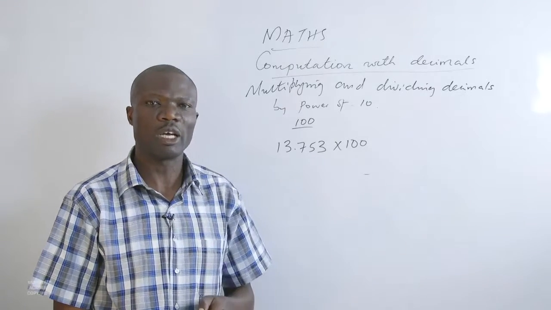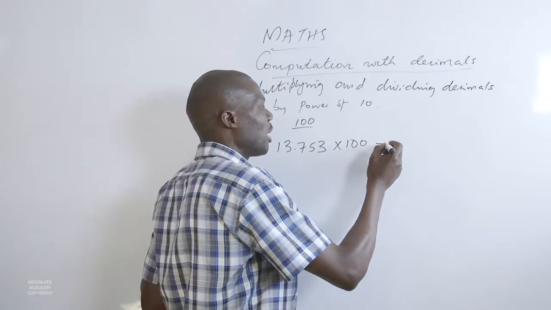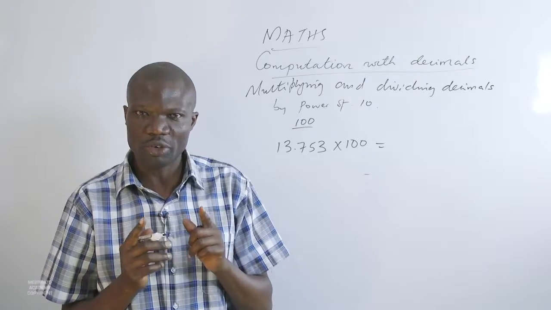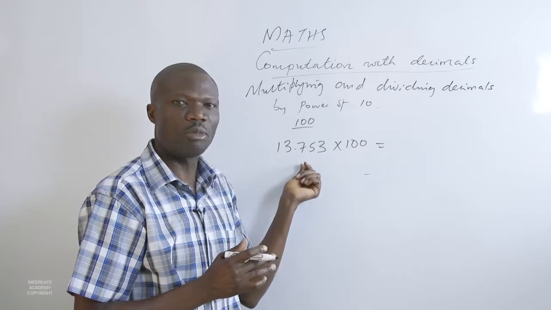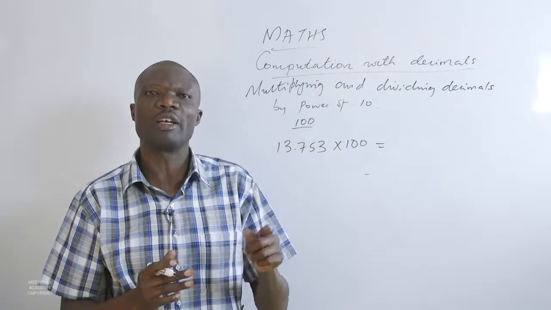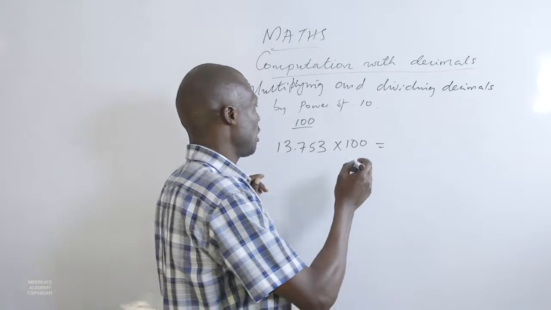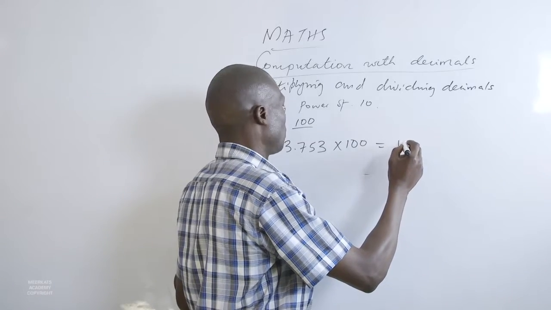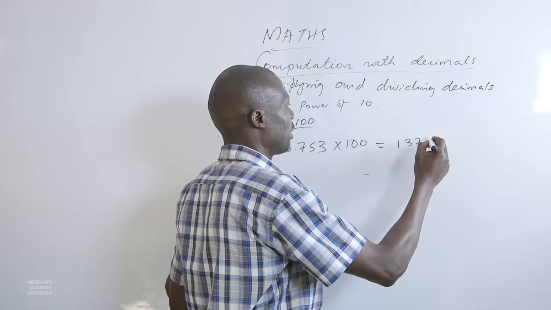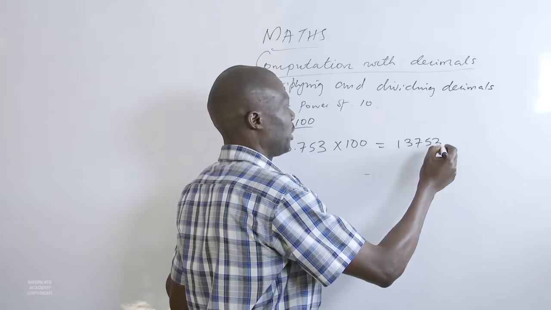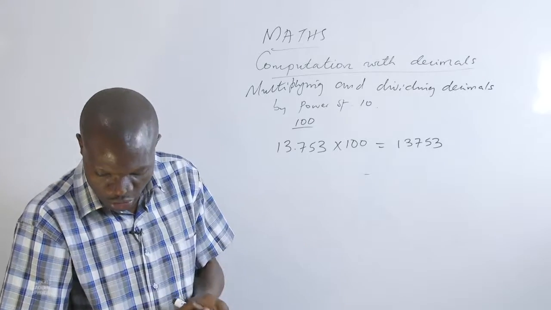.753 multiplied by 100. Now this one, let us ignore the zeros first and deal with it. We are going to ignore the zeros and ignore the decimal point. Then we just multiply first and then we come in and start seeing what we are supposed to do. So we shall have 13,753, and then look at the place where the decimal point was,